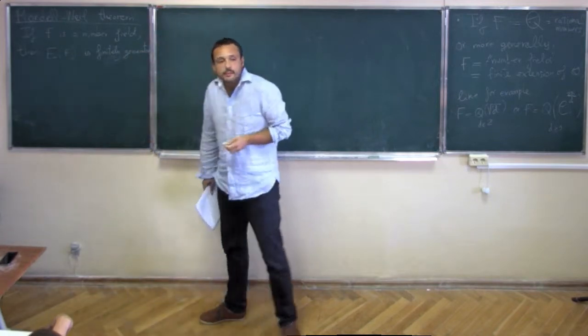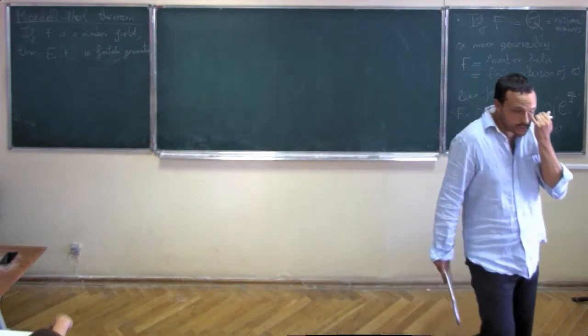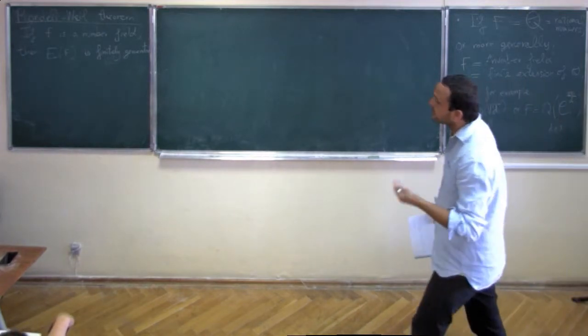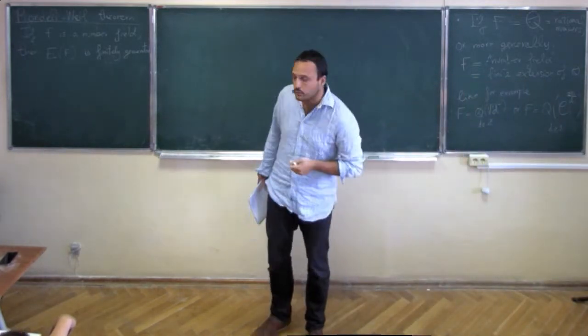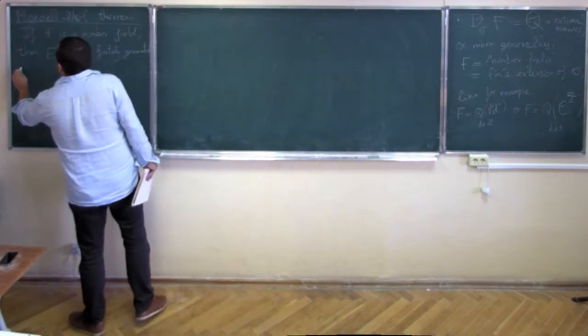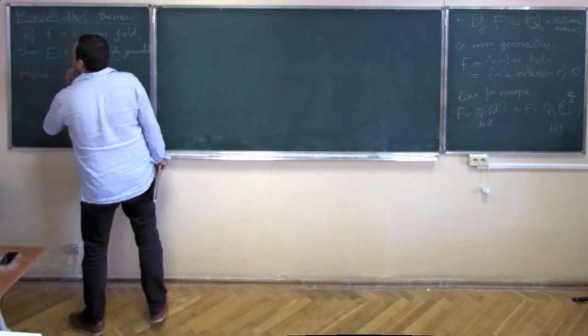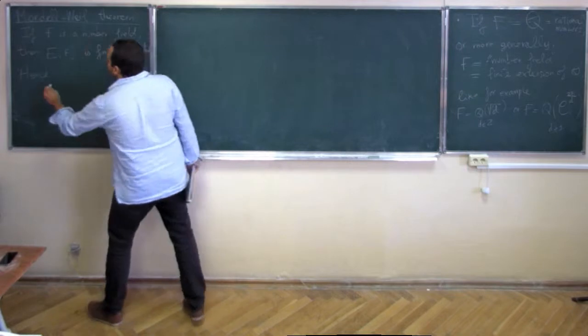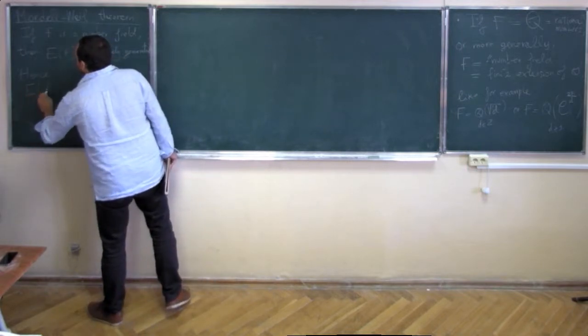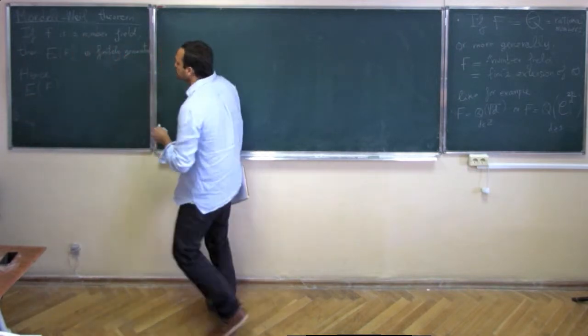In practice, if we have an abelian group which we know is finitely generated, we have a structure theorem for this kind of abelian groups. And this is equivalent to saying that as an abelian group, there is an isomorphism of abstract groups